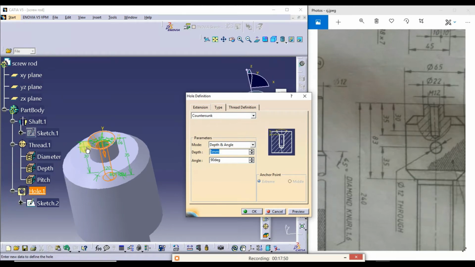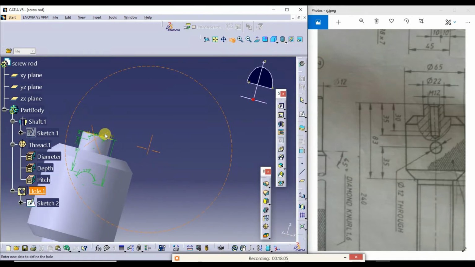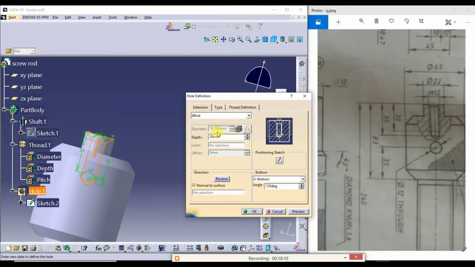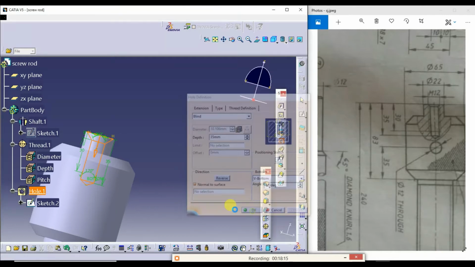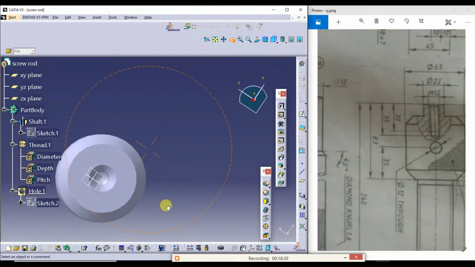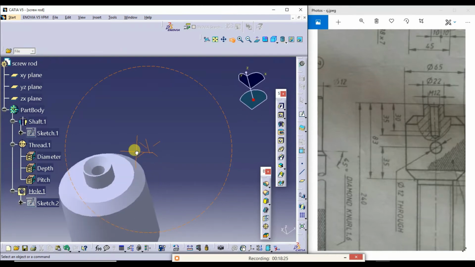This is a countersunk hole, and 12 mm diameter, that is the M12 thread. 10.106 is the hole diameter I have taken. You can see this threaded hole with V bottom.